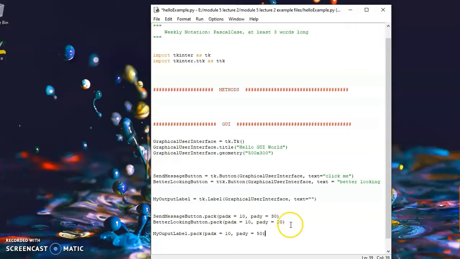How many is that? 30, and that'll be on both sides. So 60 plus 40 is 100 plus 50, so we're still well under the 300 height for the screen. It's 500 wide in the X, 300 pixels tall in the Y. You might want to watch for that and pick this number based off how much space you leave around your things. Control S,